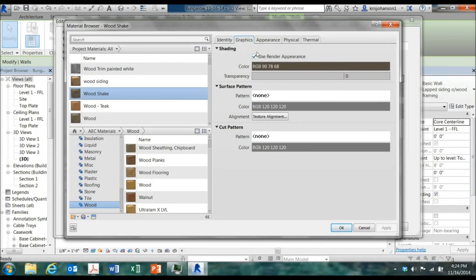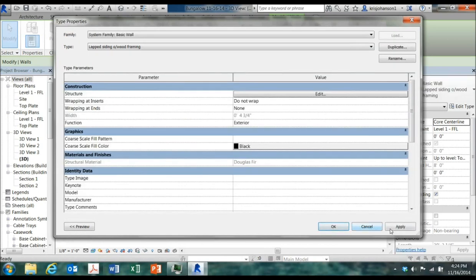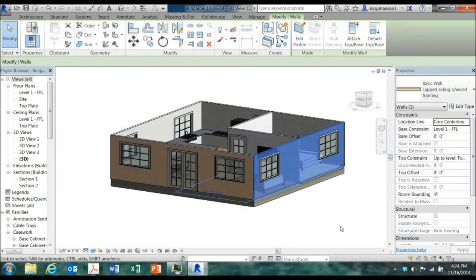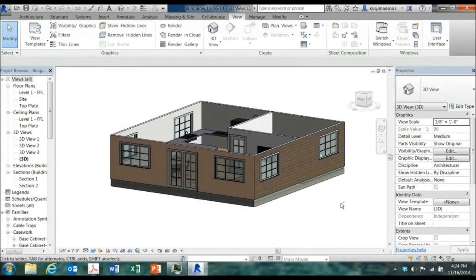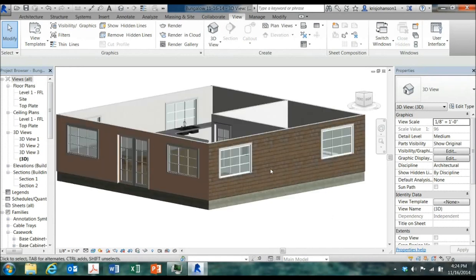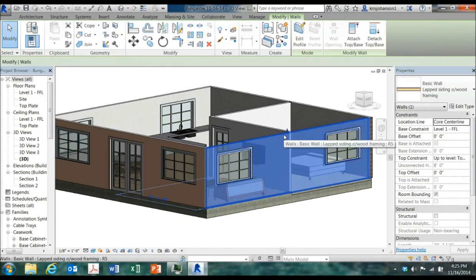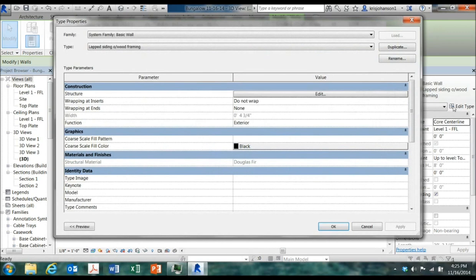Make sure you check this box which says Use Render Appearance, and then click Apply, OK, and it's changed to a wood shake. So let's see what that looks like. Okay, so here's our model with wood shakes. Okay, let's try something else just to illustrate how this works. Let's go back into Edit Type,